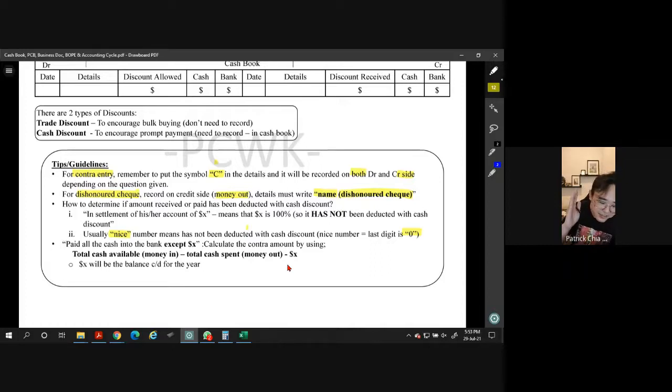Okay, nice number, not yet. Is there a reason for this? This is just the way they ask. So maybe what's another way to identify whether it is already minus or not? How can we ensure which one is which?